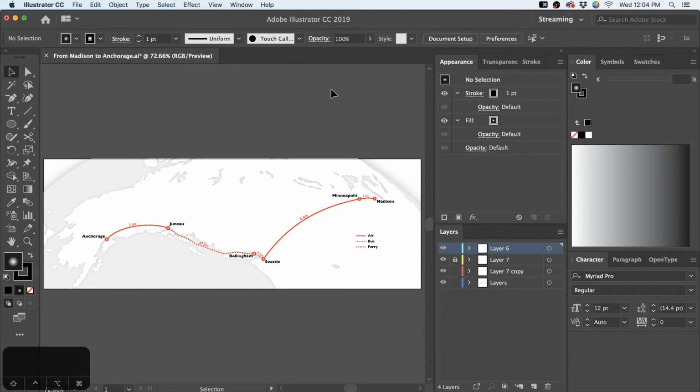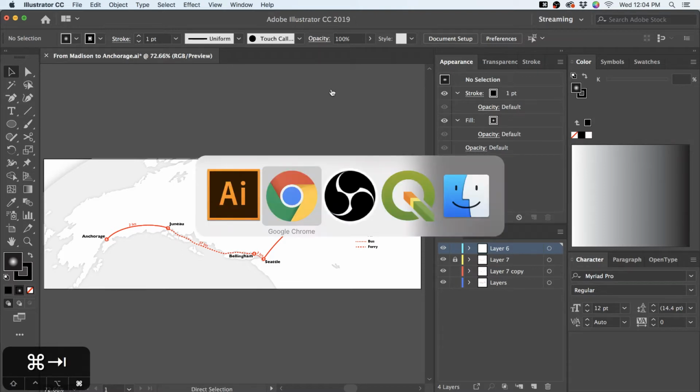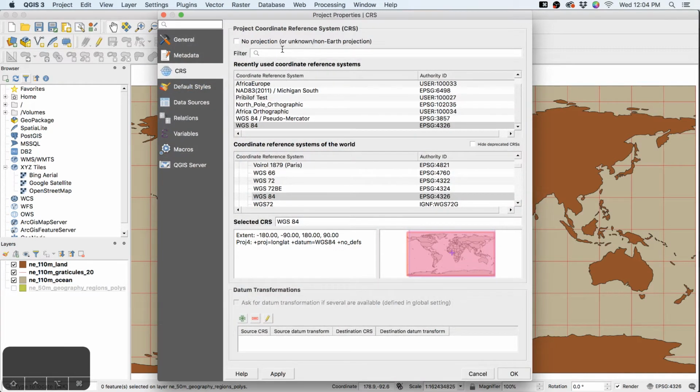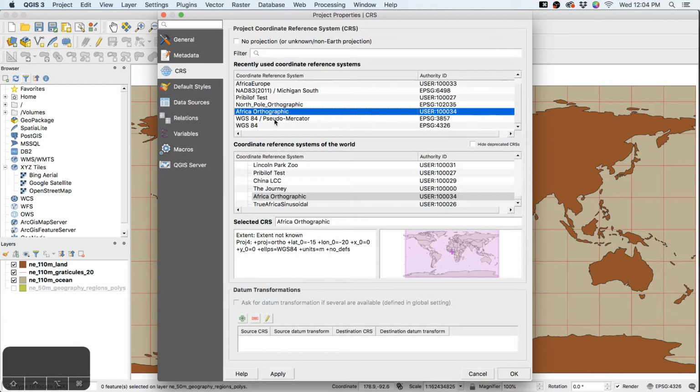Yes, I was going to start off in QGIS, and here I've got a bunch of data loaded in, and this is a great starting point. What it turns out, though, is that QGIS has some challenges in making orthographic projections. And if I just go over here and switch my coordinate reference system, I actually have this Africa orthographic one that I've prepared in advance, when I was messing around last night thinking about where I might make a map